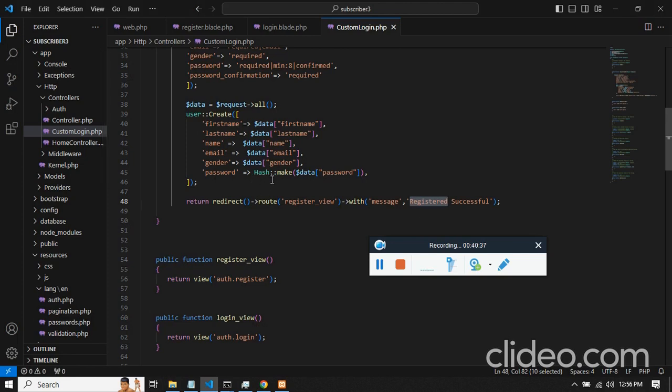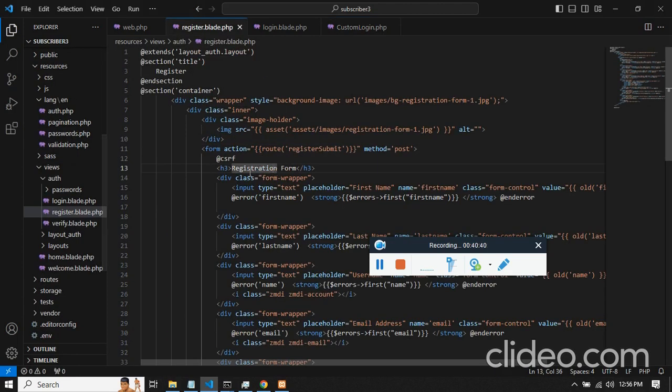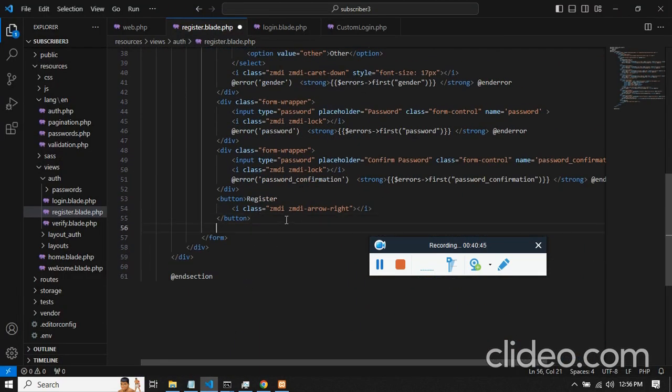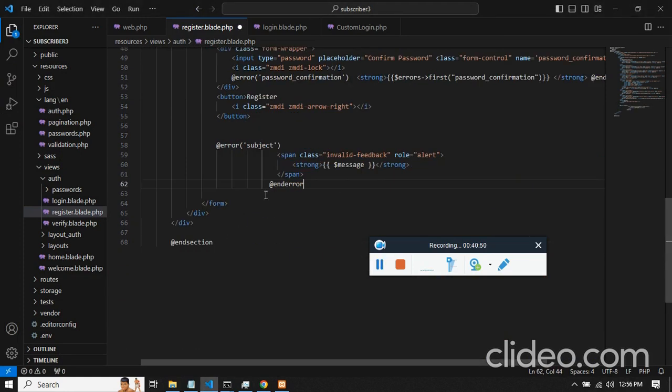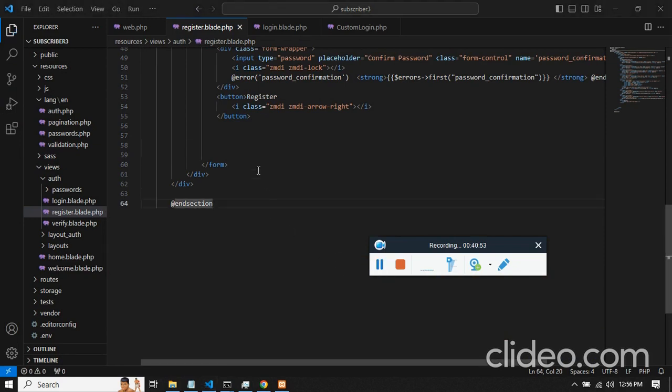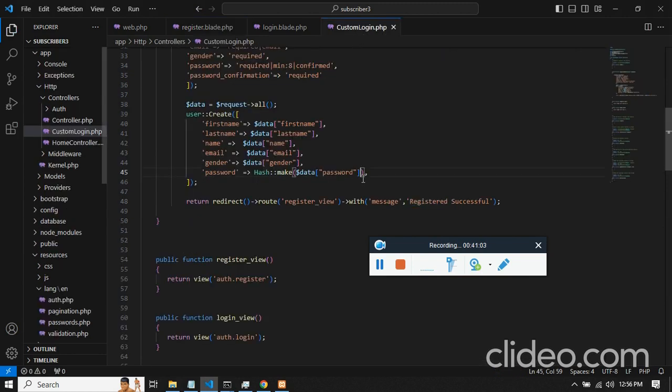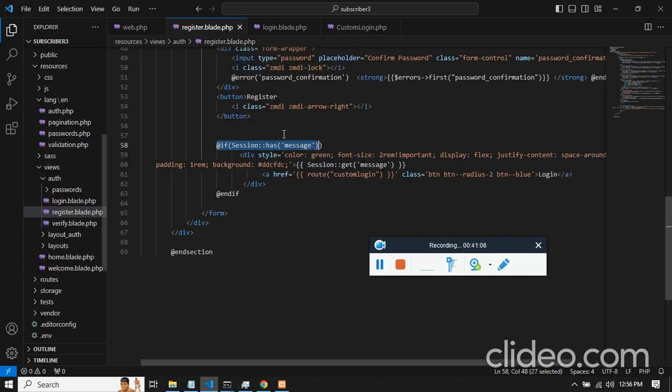But what will happen is, I want to show a message just after the button. We'll be specifying the message if there is any message, so here, not error but message. Over here you'll see if the session has a message which we have passed with the controller. You can see this is the message. We can access this message over here with session has message,